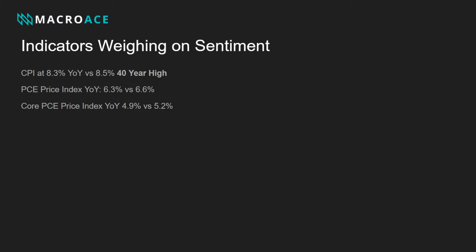It came in at 4.9% versus 5.2%. And GDP data, so when GDP was rubbish, it was at minus 1.4% for the first quarter versus 6.9%. And the second estimate data that we'd received last week showed that GDP was at minus 1.5%. So still quite bad, or worse than the prelim report for GDP.